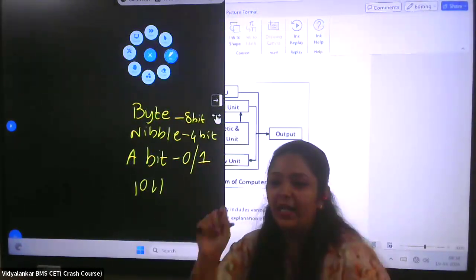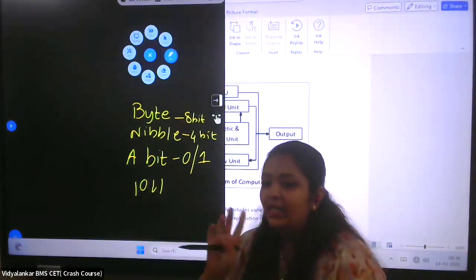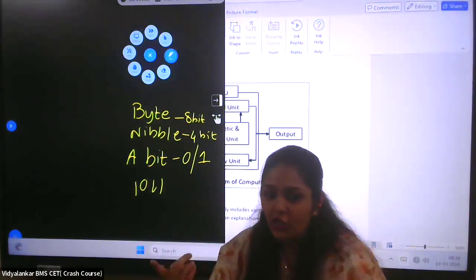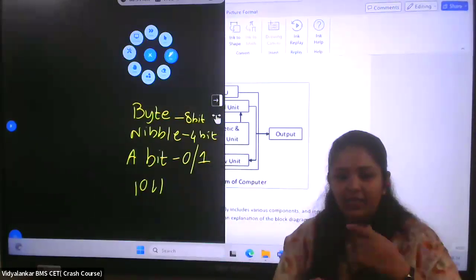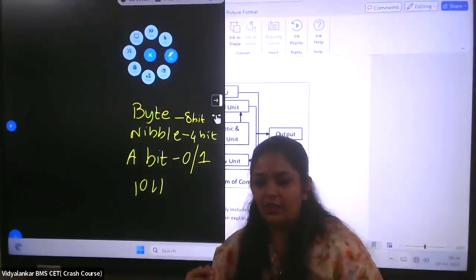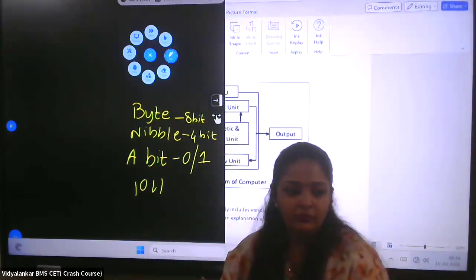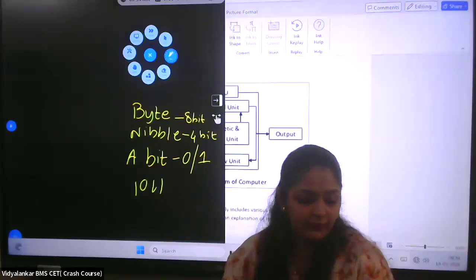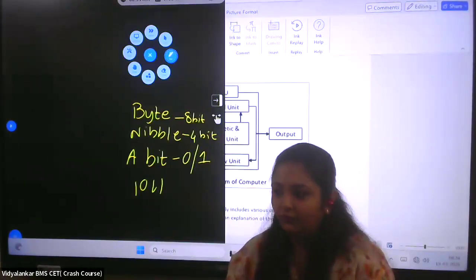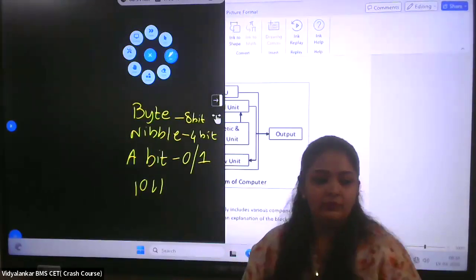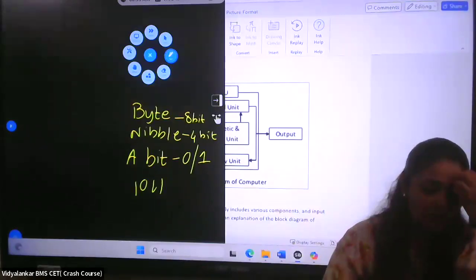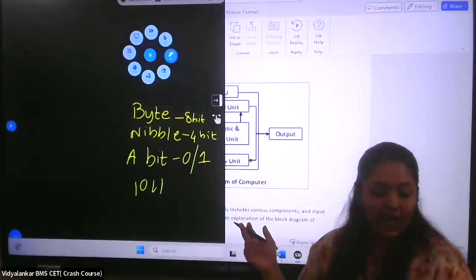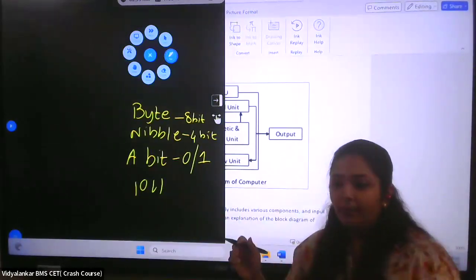So you can note this down. You can just write bit, that means either 0 or 1. Nibble is equal to 4 bits and byte is equal to 8 bits. The question can also be asked in reverse, okay, not necessarily straightforward, they can ask it a bit reversed. Okay, online, I hope you are also noting down just the keywords. For bit you can write 0, 1, for nibble you can write 4 bits and for byte you can write 8 bits.